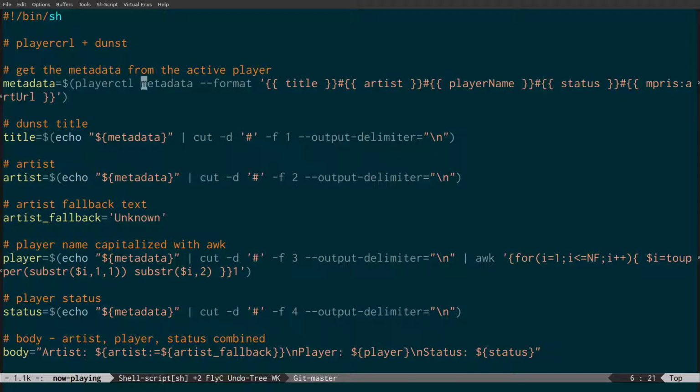So we're echoing the results of the metadata we've collected from the video into cut. And we're specifying the delimiter as the hash symbol, which I mentioned. And then we're pulling out the first field, which is going to be the title. And what we're doing is we're setting the output delimiter to a new line. And what that's going to do is replace the hash symbol with a new line. So what we can then do is the same thing and pull out the artist, which